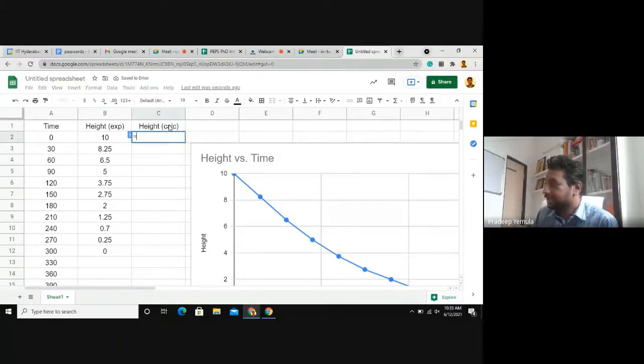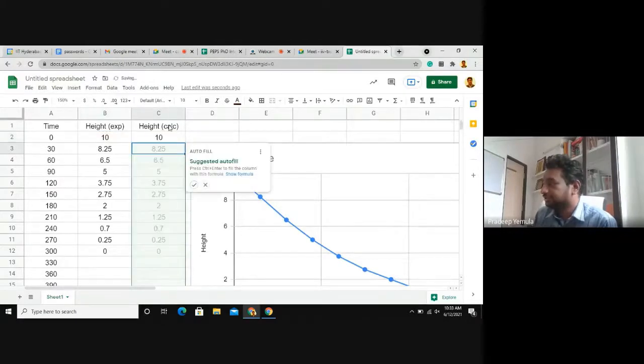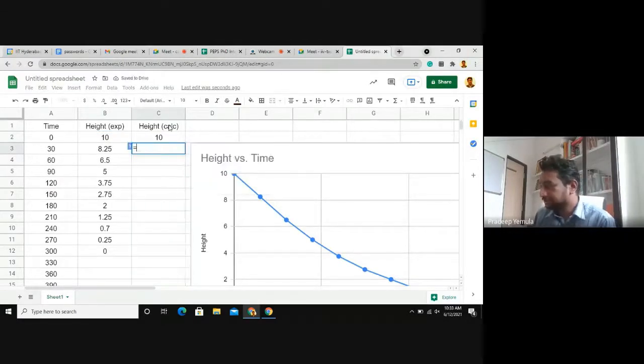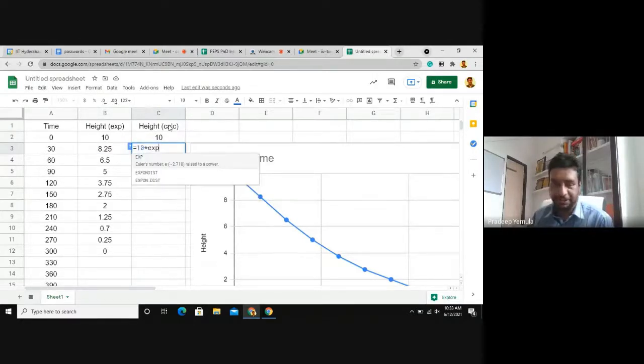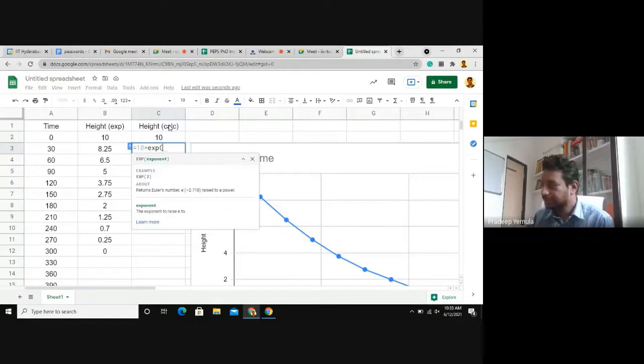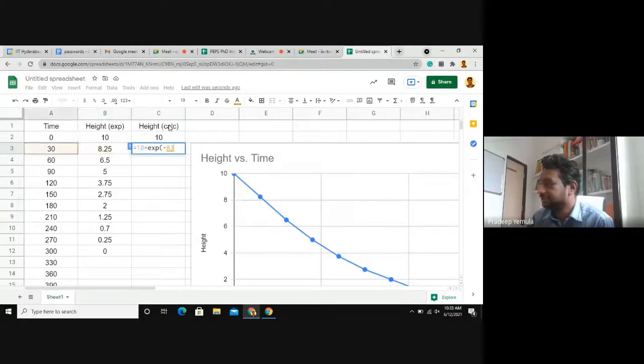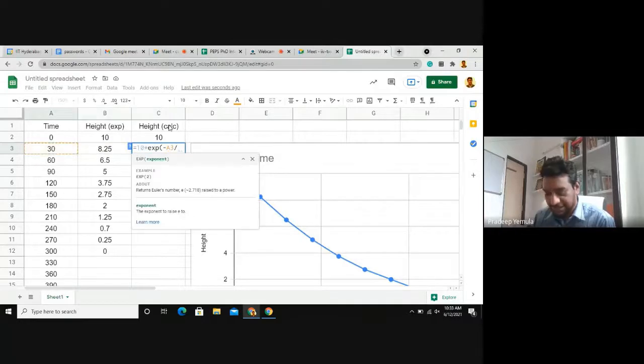Now the initial height will be anyway 10. So the next height will be 10 multiplied by exp, exponent of minus t divided by AK.